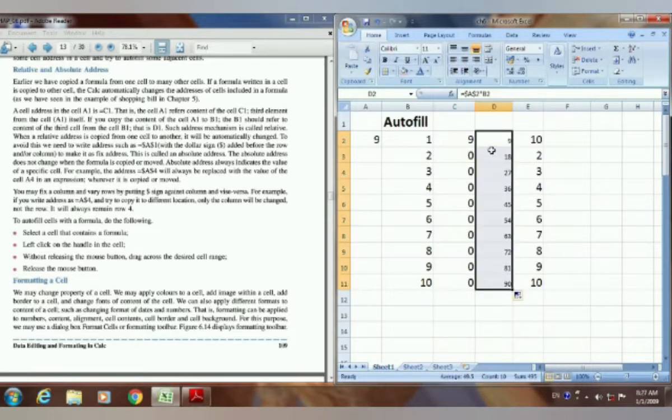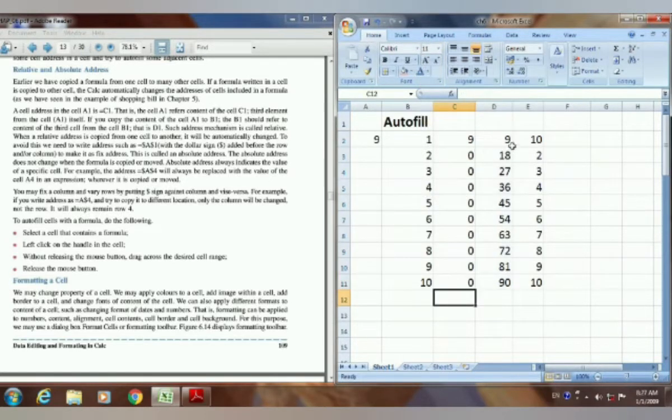See here, the table has come. Can you see here the table has already come here. And see the cell address, the next one. See here $A and 2 means this is as it is, just rest. Next is change, that is B3. Now change here. So here also the first cell address is as it is, the next one is changed as B5. Then B6, B7, like this.